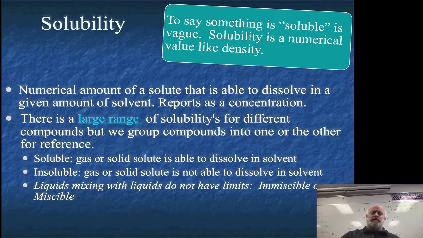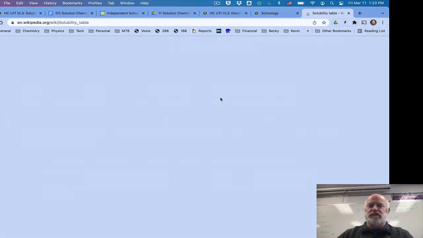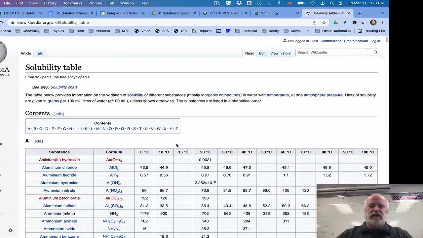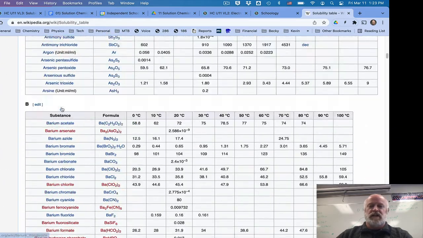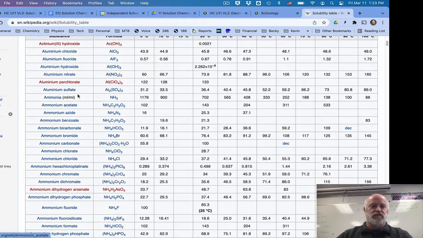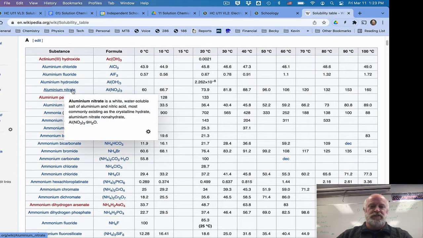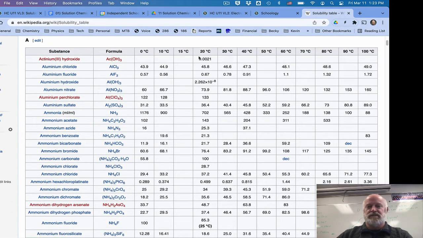Now, we report these as a concentration, and we've talked about molarity as one type of concentration, and this unit will cover a few more. But we do look at this as a range of how much solute per solvent can dissolve being in that concentration. We're going to click over here on this link, and this just brings up a Wikipedia page, and it's kind of interesting because you start to look at all these different substances and the numbers that they have in front of them. So for example, aluminum nitrate and its solubility at 20 degrees Celsius, you can get 73.9, and